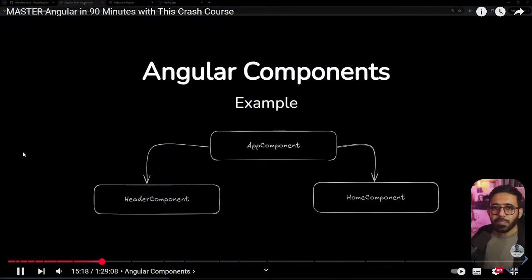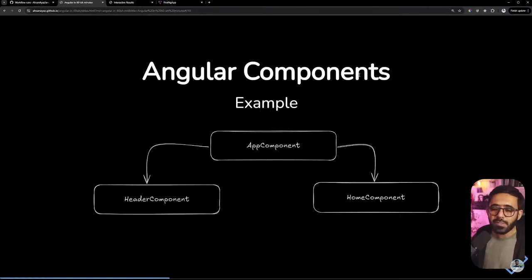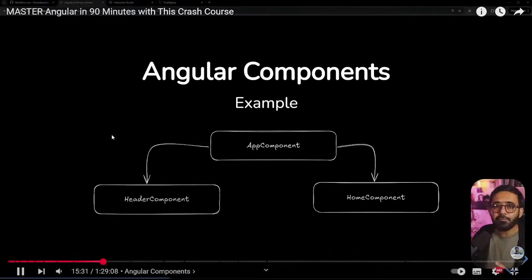Okay, and the first thing that we are going to discuss is Angular components. What are Angular components and why should we care? Angular components basically comprise the whole application. So if you look at any Angular application or any web application, they're built on top of different building blocks. For example, header, you could have a date picker,